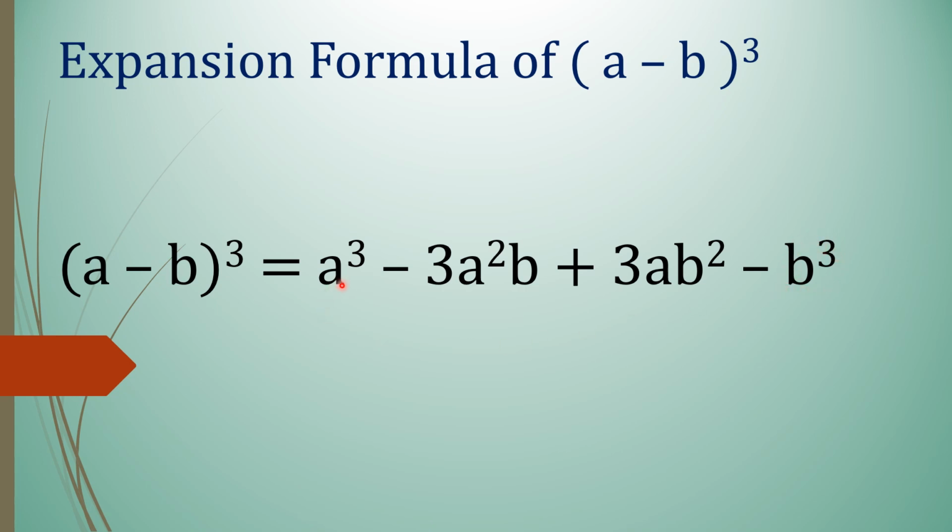And you can see in the previous (a + b) the whole cube we had the same terms, but the sign of all the terms was plus. But in (a - b) the whole cube, students, only alternate plus and minus signs come. So the first term is with plus: a cube minus 3a square b plus 3ab square minus b cube. So you have to learn this formula, and our whole exercise 5.3 is based on this formula, (a - b) the whole cube. So students, let's start with our practice set 5.3.